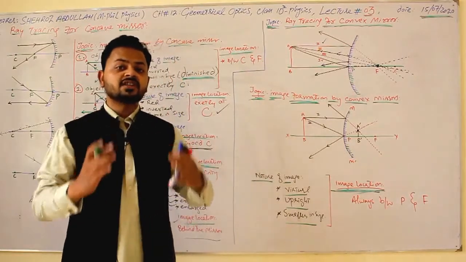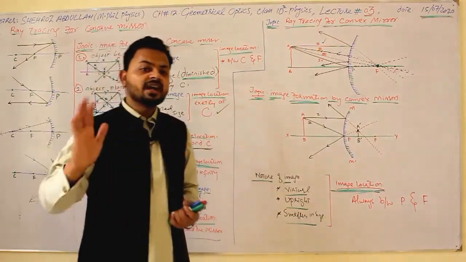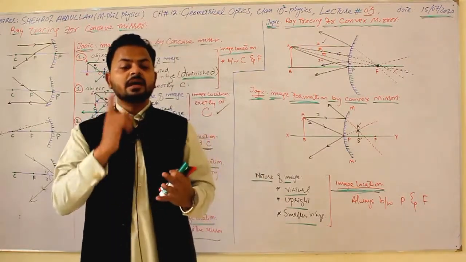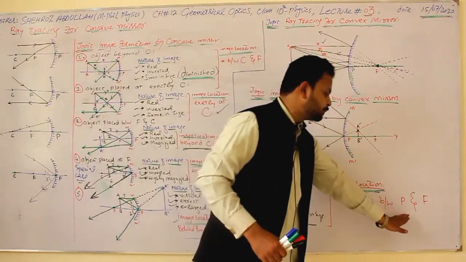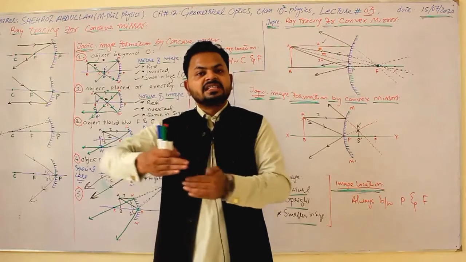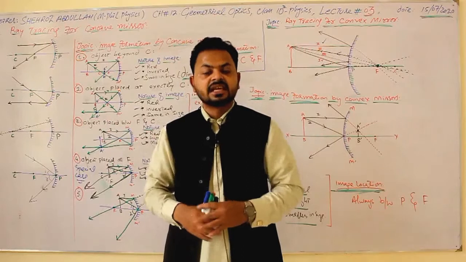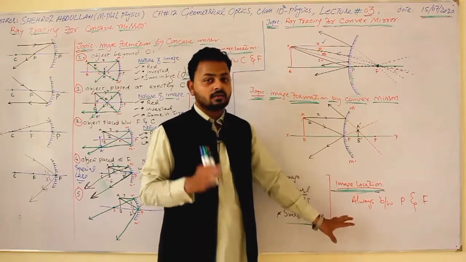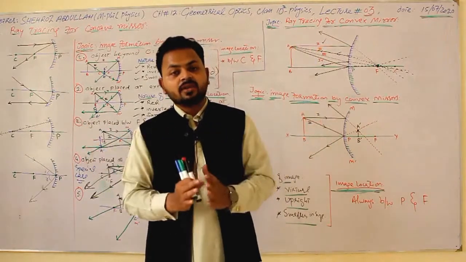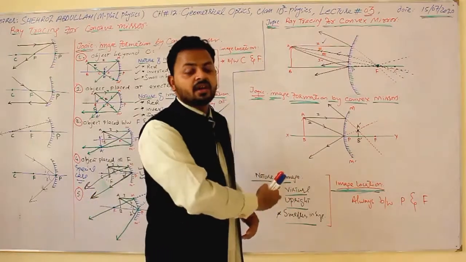Now we discuss image formation by convex mirror. Do remember one thing: wherever you place the object from a convex mirror, the image formed will always be between pole and principal focus. In the case of concave mirrors, we were changing the position of the object, and the nature of the image as well as its location were also changing, but this is not the case in the convex mirror. In the convex case, it's quite simple. Wherever we place the object, the nature of the image and its location are not going to change. This is the property of the convex mirror.